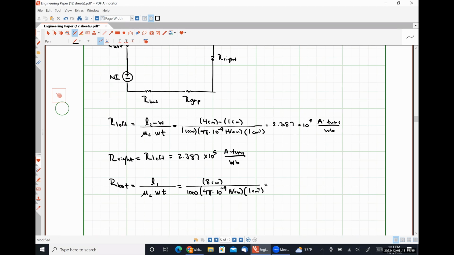The number that I got was 5.57 times 10 to the 5 amps per Weber. How I'm going to fix this: because I subtracted 1 in my numerator, I'm just going to multiply this fraction by 8/7, and that'll fix it. So 5.57 times 8/7 gives me 6.366 times 10 to the 5 amp turns